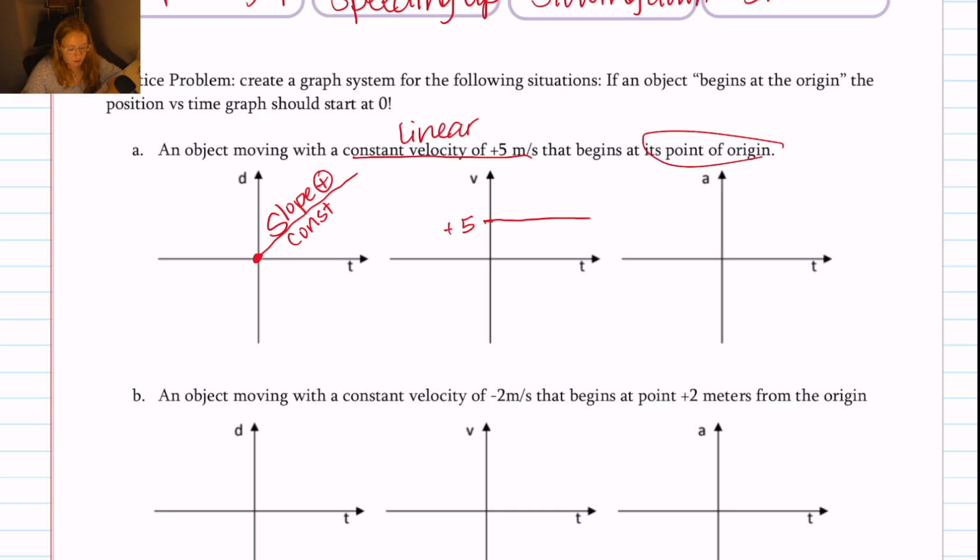Okay, now I need to analyze that slope so I can graph acceleration. With the velocity being constant, it's staying 5 meters per second the whole time, so we have that flat line. And with a flat line, that means the slope is 0, so our acceleration is 0 the whole time. We're not speeding up, we're not slowing down, so my acceleration graph is along the axis. And that's the last thing you can do. There's nothing after acceleration, so it just is position, find the slope, velocity, find the slope, acceleration,